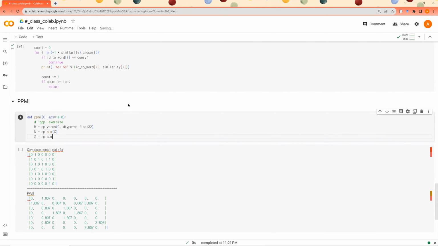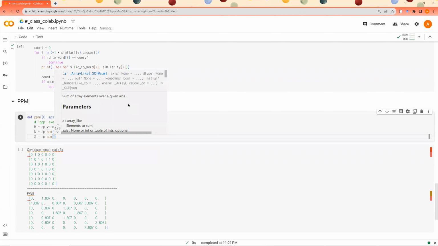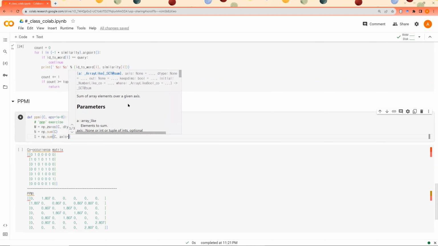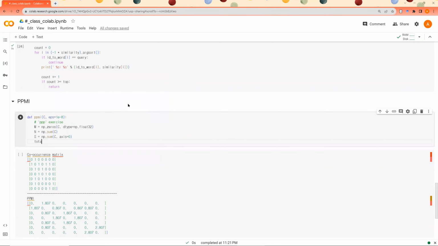And we are going to calculate each word's occurrence using this expression. And total, here, we're going to get another